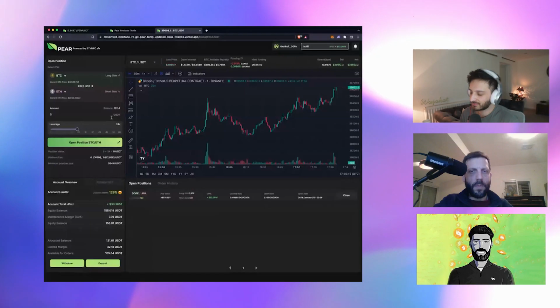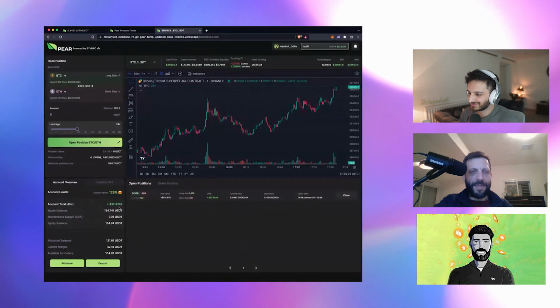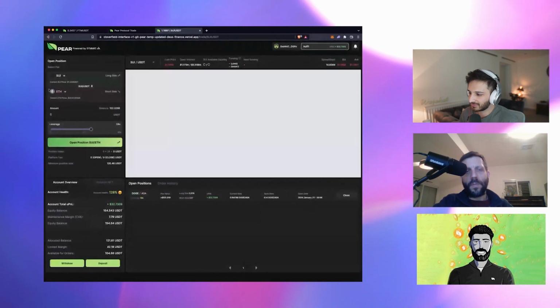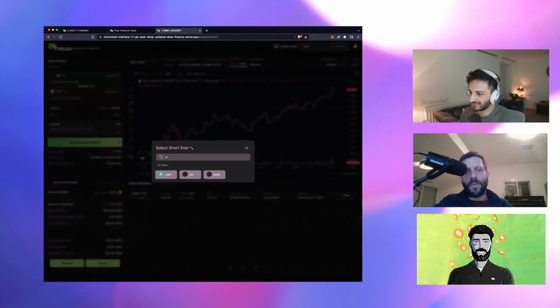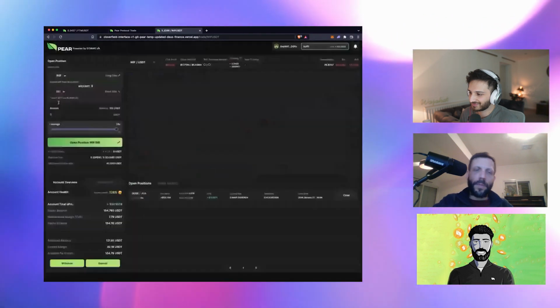Here we go. So I did some trades on here earlier today, and I opened a long DOGE, short ADA trade, and this is all working as well. So this is with the intent-based solver network on the back end of that, and I can do anything here. I could go long SUI and short SEI, or I could go something more topical and go long WIF and short BONK, for example.